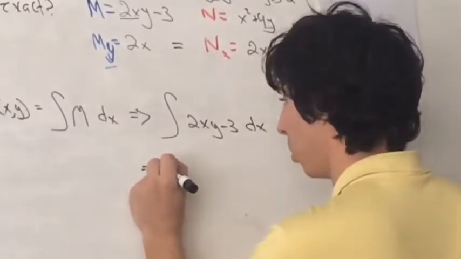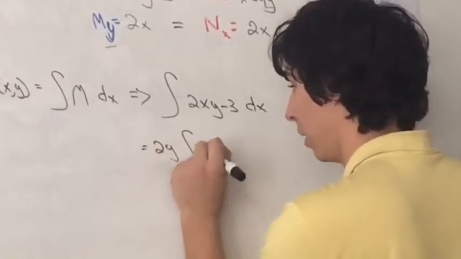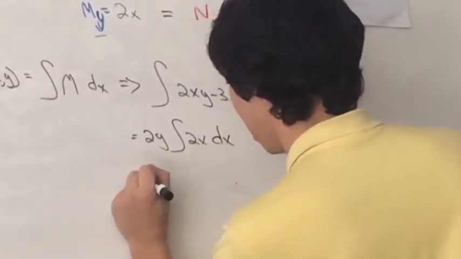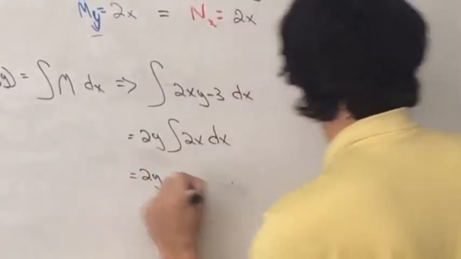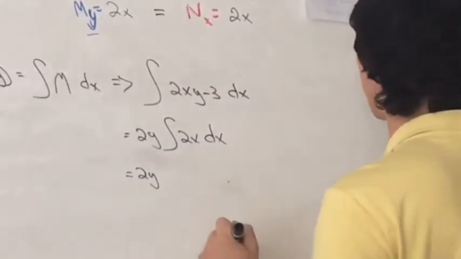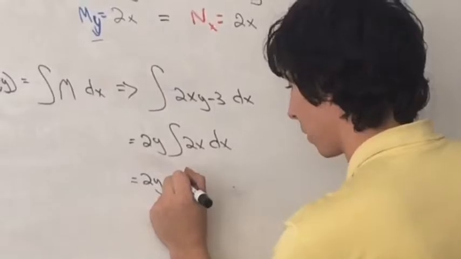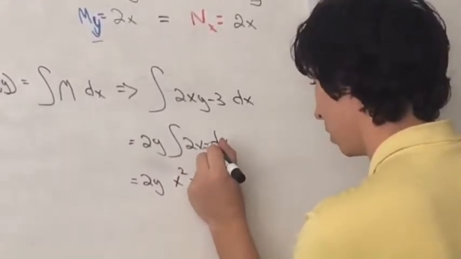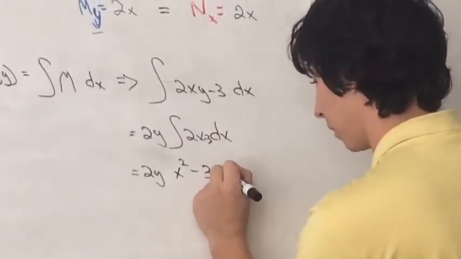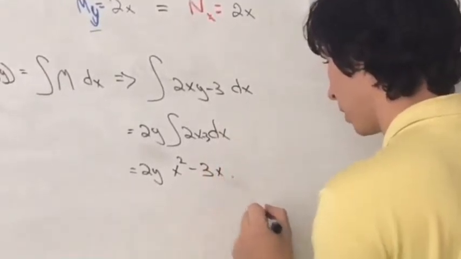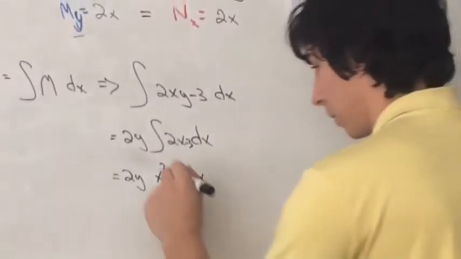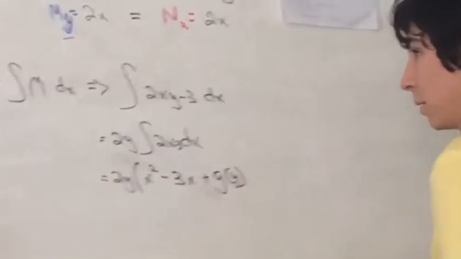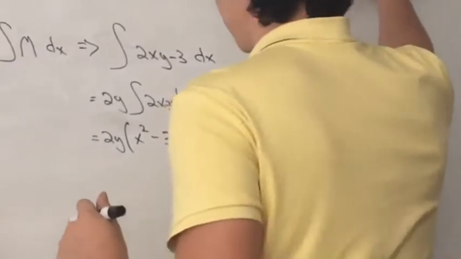We can do this by pulling the 2y out, we get 2y times the integral of x dx, which becomes 2y times x squared over 2, minus 3x, plus g of y. Then our third step is taking that